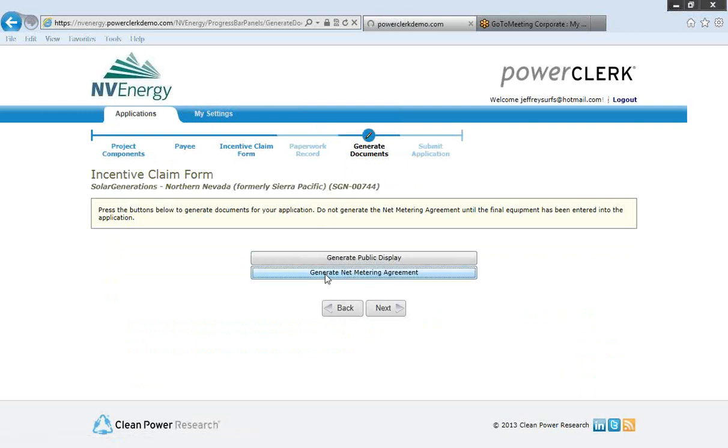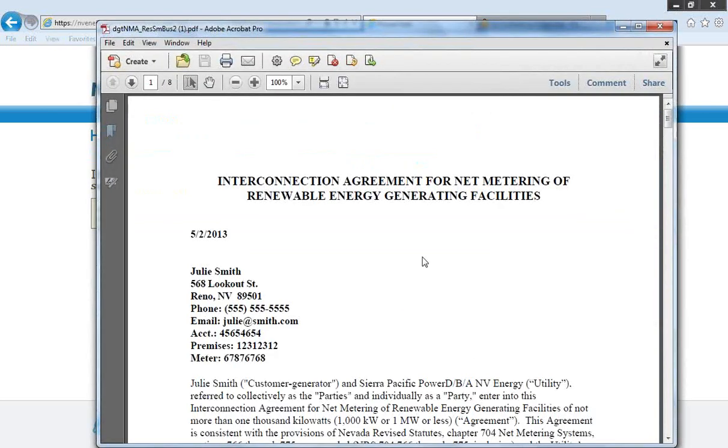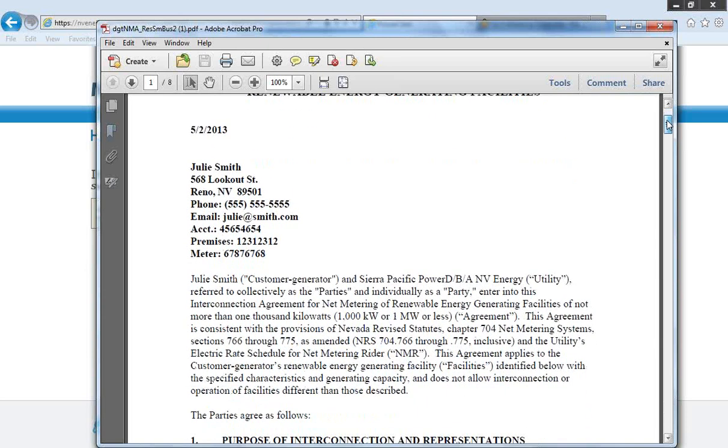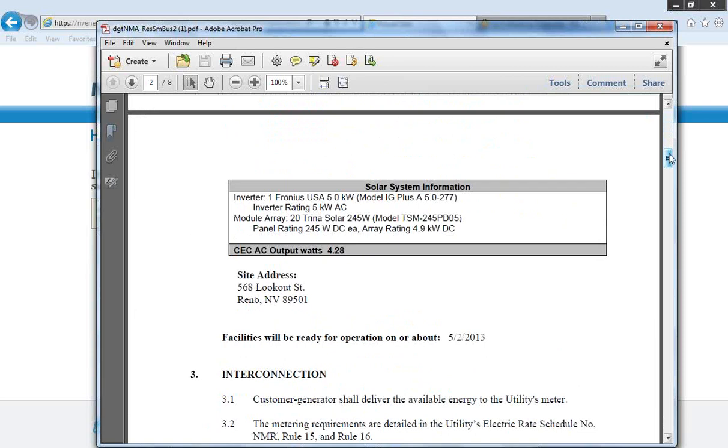I'll click on net metering agreement, and it will generate the document that I need autofilled with all the information from the application. Now, depending on your browser, you'll see a security warning here. I'm using Internet Explorer today, so this is what the security dialog box looks like. But I'll click open, and I can see that it's generated the net metering agreement with all the information from the application, including the system information, the site address,